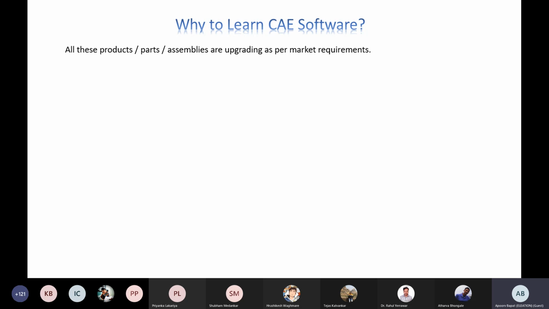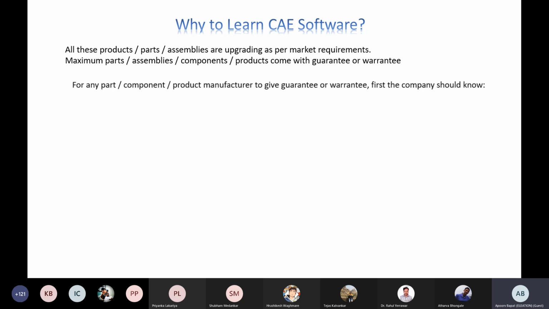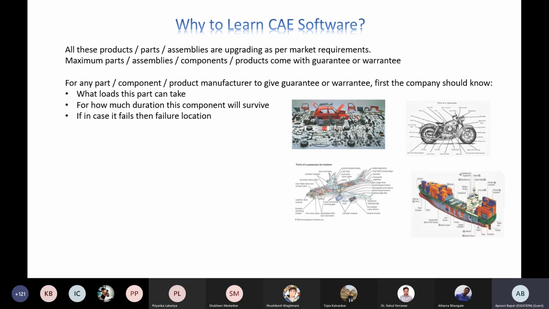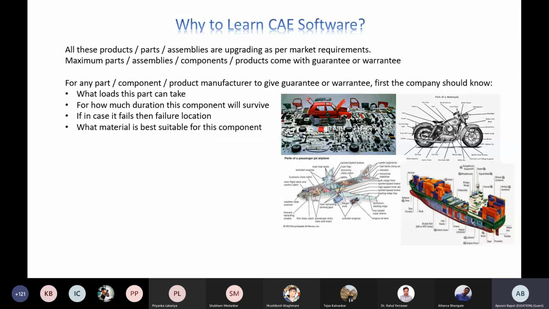I guess everyone knows that most of the products come with some guarantee or warranty, and most of the parts also get updates as per the market requirement. So for any part manufacturer or product manufacturer, if he wants to give a guarantee, first, that manufacturer should know what load this part can take, for how much duration this component will survive. If it is going to fail, then the failure location, what material is best suitable for this component,